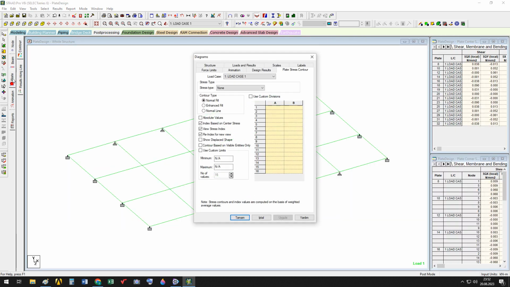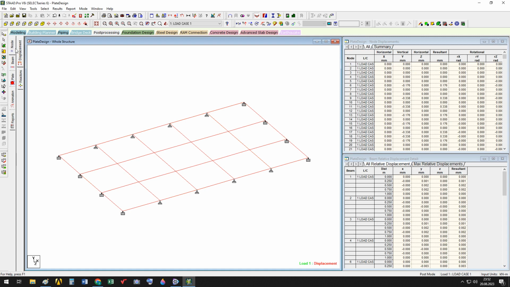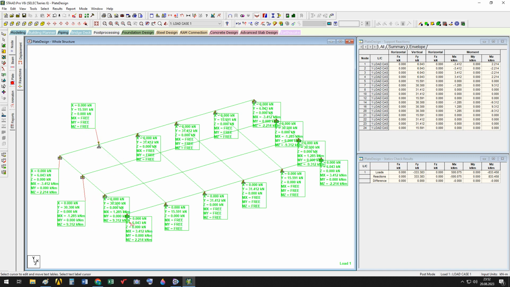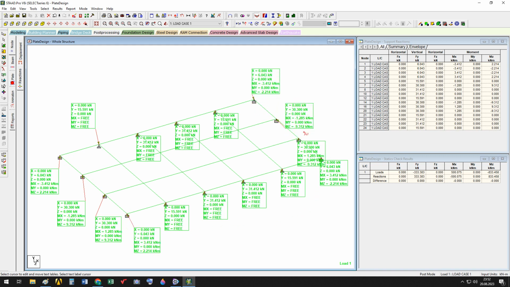Plate results, sorry, come here, not displacements, and reactions developed at the node. We can carry those writings and make them easily readable,